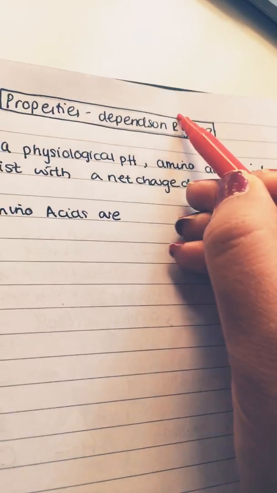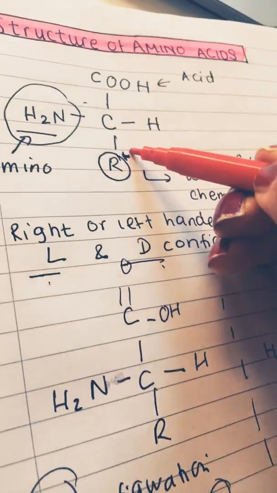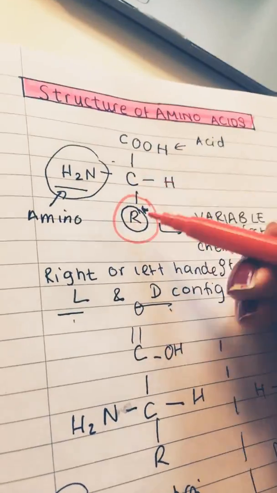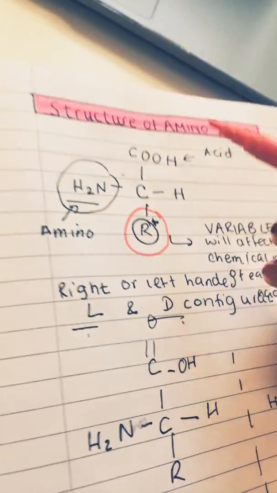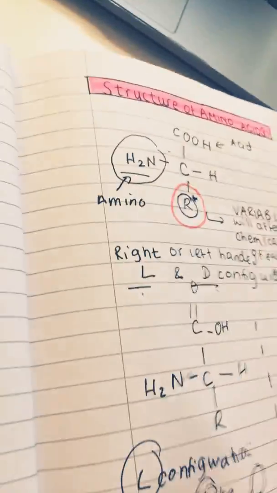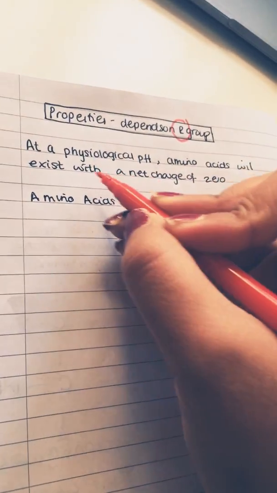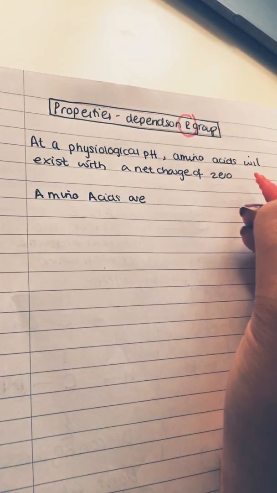Properties of amino acids depend on the R group. What is the R group? Remember, the R group was the variable group present next to the central carbon. This R group determines the chemical properties of the amino acid, and therefore it also determines its properties. At a physiological pH, amino acids will exist with a net charge of 0 because